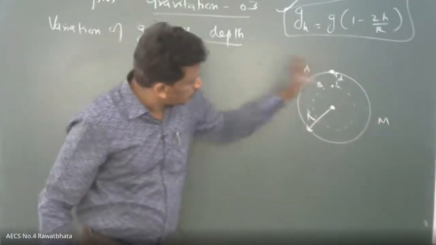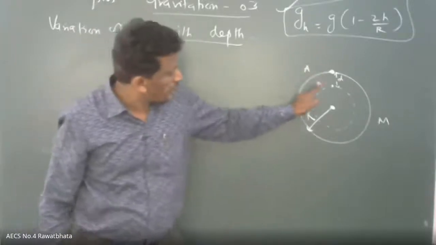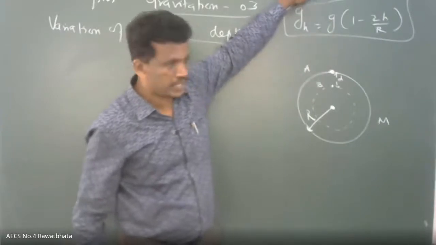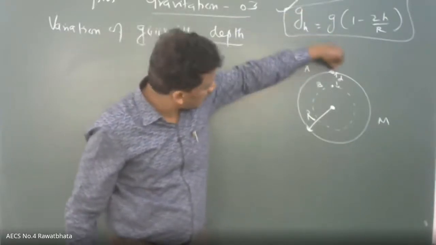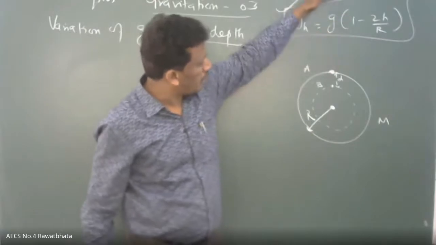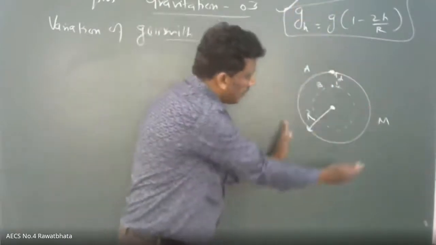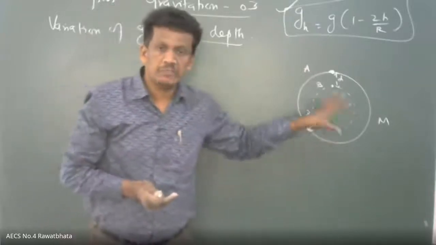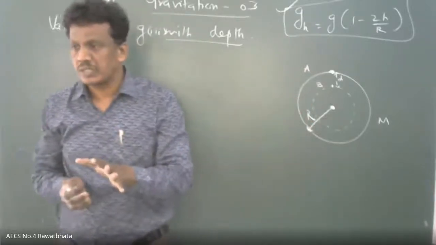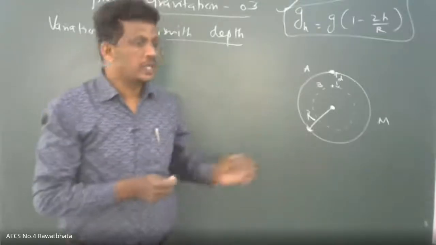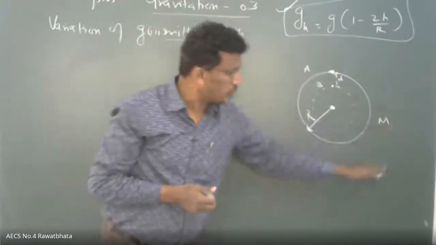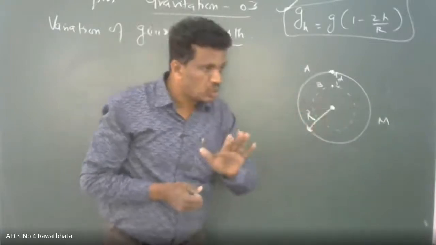Now, two different points. In case of height, what do you do? One point is on the surface, the other point B is at some height. So when you take A or any other point, the whole mass of the earth is involved for gravitational force. Because in gravitational force, which one plays the major role? Mass of the earth. The mass plays the major role. So once you are on the surface or away from it, the total mass is involved. So that's why there is no problem.